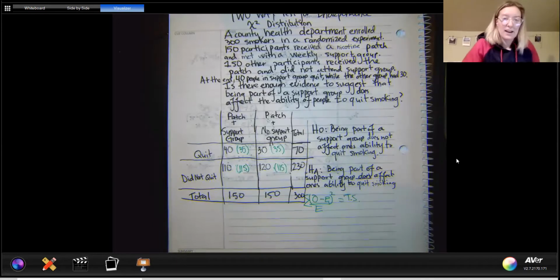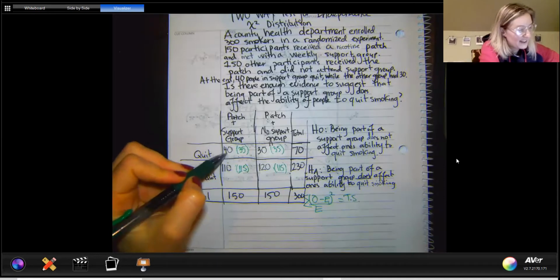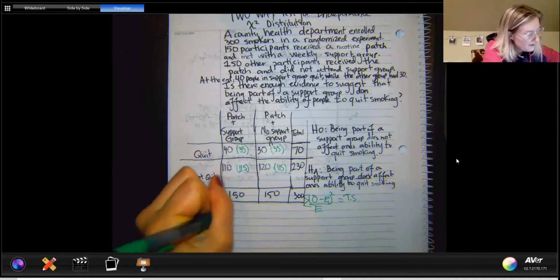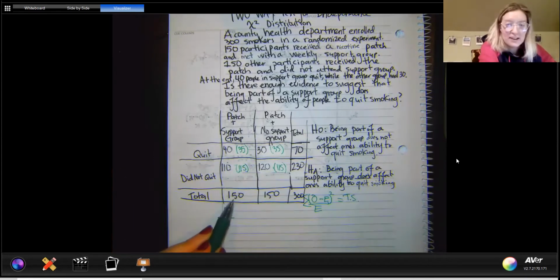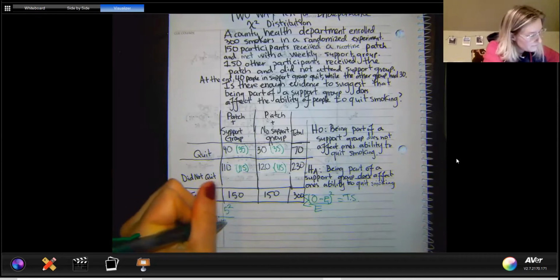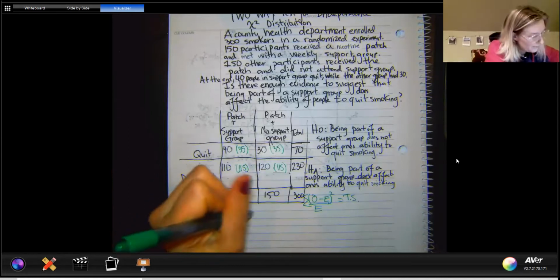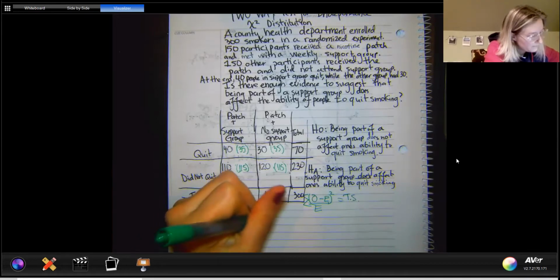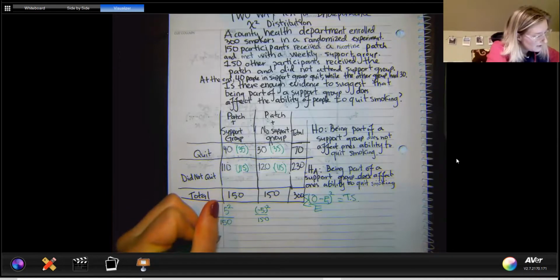Thankfully, with this problem, we have whole numbers. So in this case, my observed minus expected is going to be +5. So I'll go ahead and just write these individually. I have 5 squared, which is 25, divided by 150. In this one, I also have a difference. It's -5, but it will give me the same value. -5 squared over 150. Right here, I have a difference of -5 as well. -5 squared